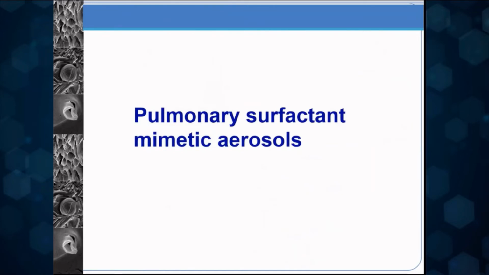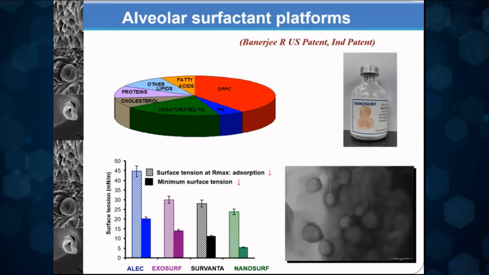So the first example is that of the respiratory system and looking at aerosols. Now, regardless of what the composition of the biomaterial is for a respiratory aerosol, there are a couple of things that one has to keep in mind. The first and foremost is where in the respiratory system you want the drug to act. So depending on whether it is meant to work in the upper airways, lower airways, or deep down in the alveoli, your strategy has to be different in order to allow the maximum deposition at the site of action.